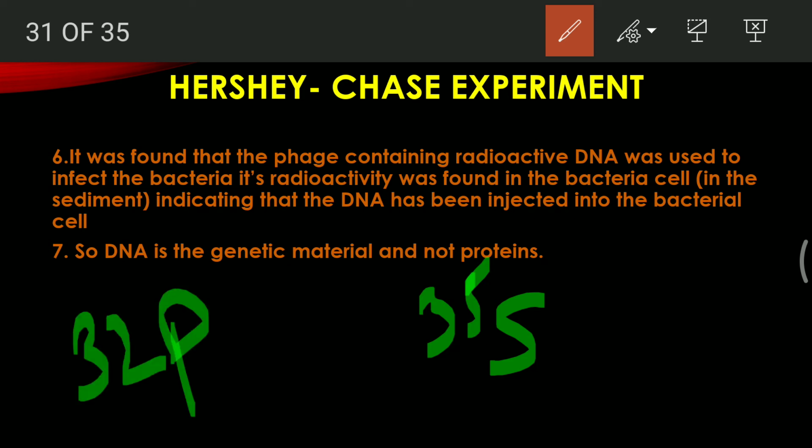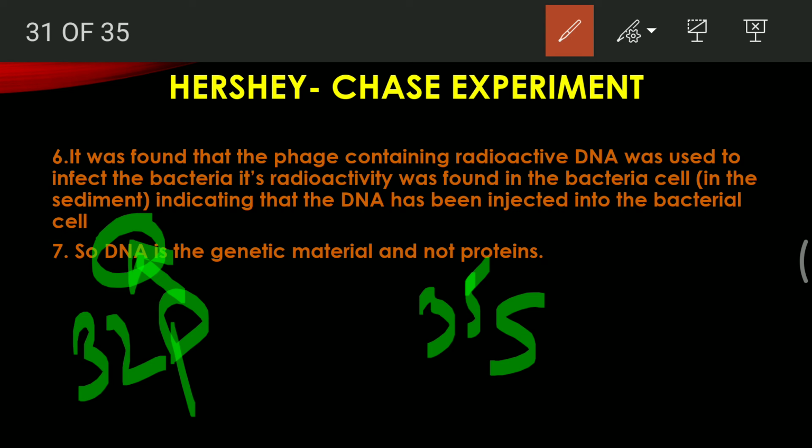Now, how to remember which one is being labeled with what? You all know that the backbone of DNA contains the phosphate. With that knowledge you always relate phosphate with DNA, and the other one you keep with protein or the capsid. Methionine is an important component of the protein of the capsid. You have not studied about it till now, but this is a little thing you can think of.